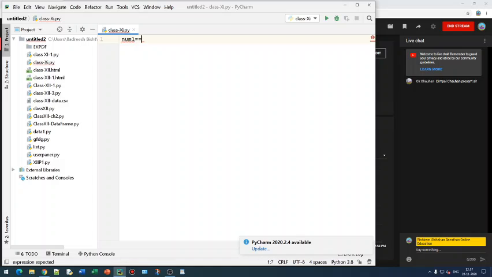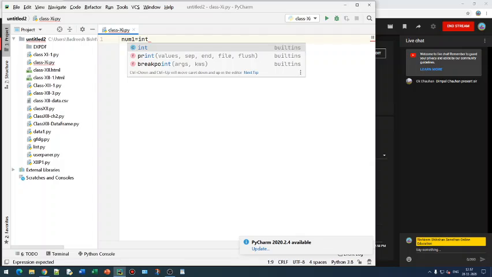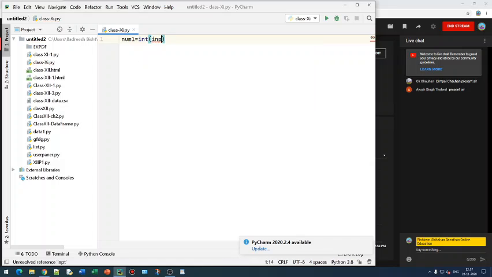We are taking a variable num1 and taking an integer input. You can write float also. So input, and then we pass a message for the user to enter a number, whatever number the user will enter, and we fix a criterion for it. If num1 mod 2 double equals 0, in that condition it will print, and we pass a message here,